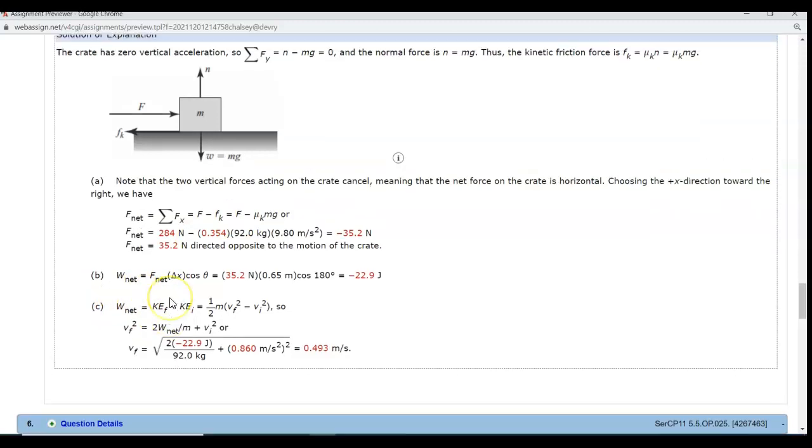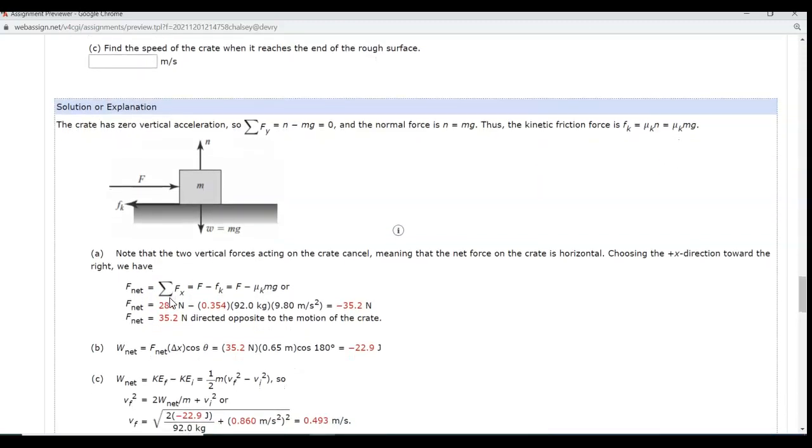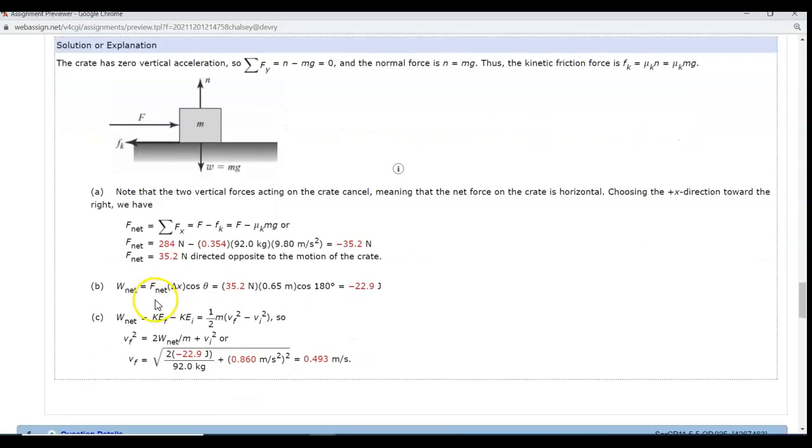Okay, for C, we're looking for the speed of the crate when it reaches the end of the rough surface. So we can use the net work to determine the velocity using the work-energy theorem, net work equals 1/2 m times the final velocity squared minus the initial velocity squared, and they actually show us how to derive that here. So we take the square root of 2 times the net work that was determined, divided by the mass that was given,